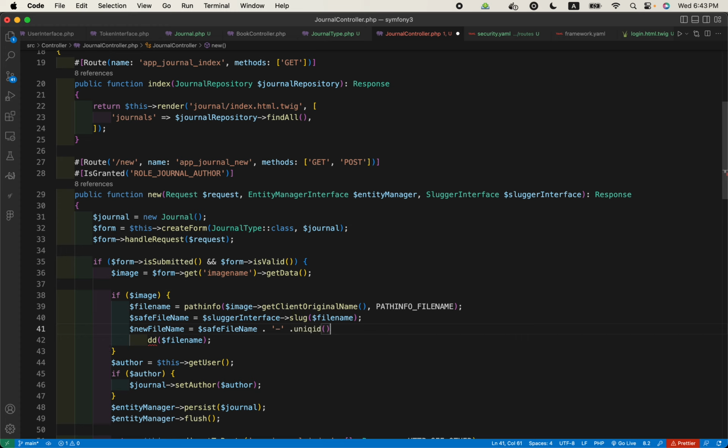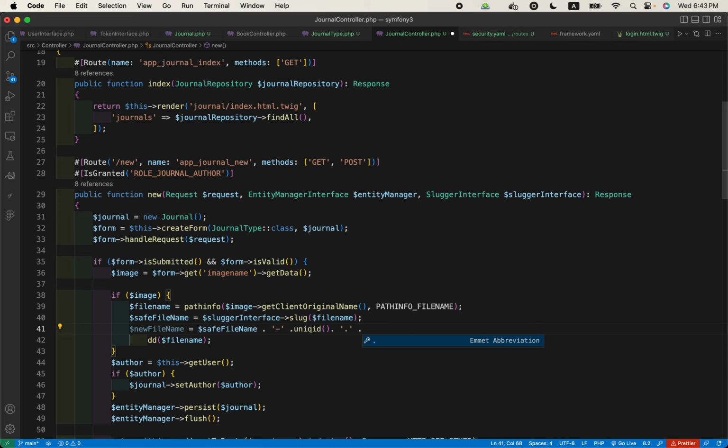So it will generate some unique random characters and append it to safe file name with a dash as concatenation, and then we also need the dot for file extensions, and then